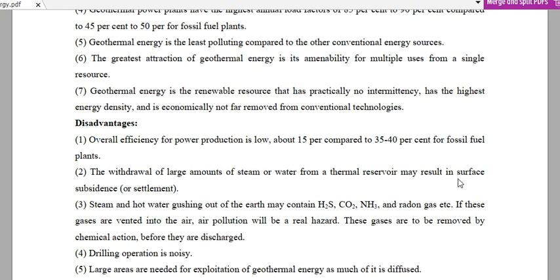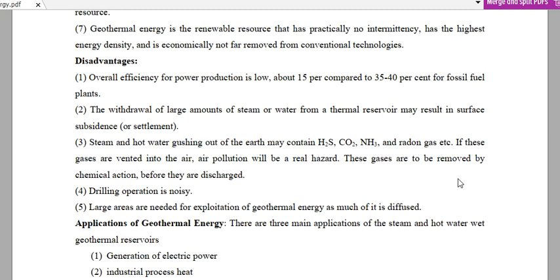So let's see what the disadvantages are. Number one, overall efficiency for power production is low, about 15% compared to 30 to 40% for fossil fuel plants. The withdrawal of large amounts of steam or water from a thermal reservoir may result in surface subsidence. Surface subsidence means the sinking of Earth's surface due to excess extraction of groundwater or steam. So this can cause the collapse of buildings or structures